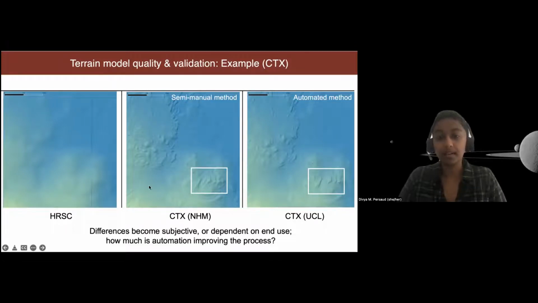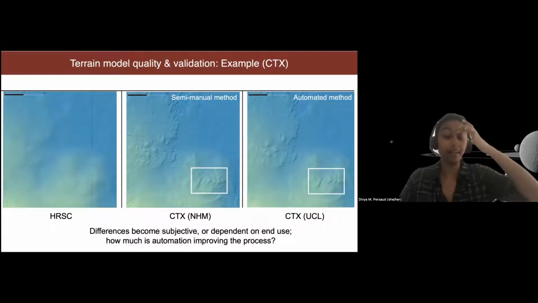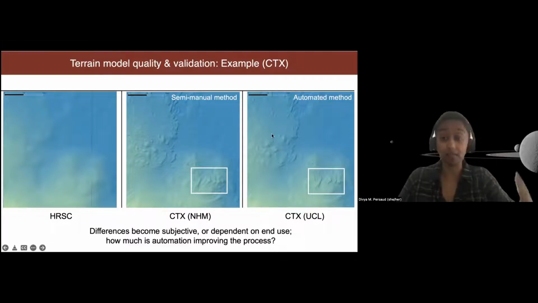So one big lesson from this was that the automated method lost detail, but it was also automated. It took about probably 2 days to process this. I didn't have to touch it, didn't have to intervene after inputting parameters. But the semi-manual method is, of course, taxing to the person who does it.